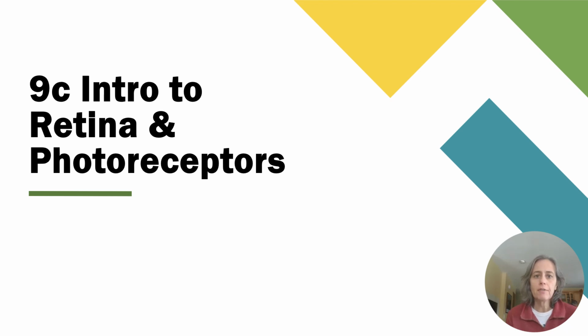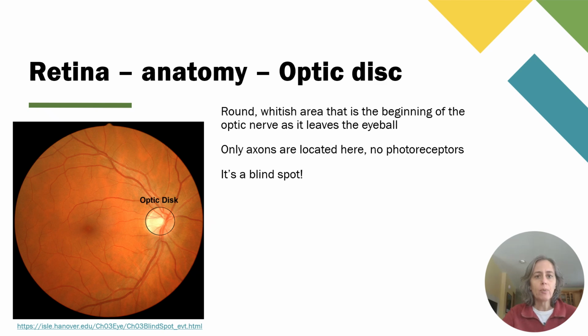Okay, this is our third and final installment of our lecture number 1 on the vision system. So we're going to do an introduction to the retina and the photoreceptors. We're going to learn a bit more in detail about them in lecture 10, but this is something to get us started. So the retina, you'll recall, is that inner layer of the eyeball, covers the entire inner surface of